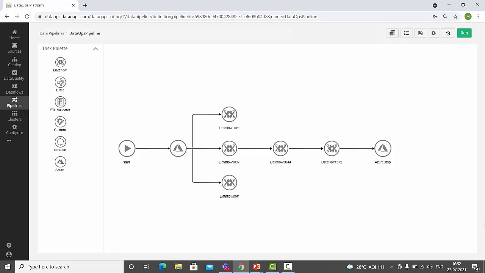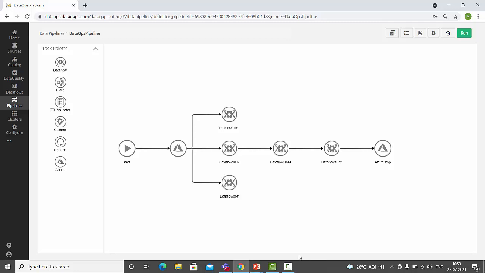which is a task to execute batch scripts or shell scripts. So you can execute any batch script or shell script using the custom task, be it running a job, ETL job, or a testing job, any Python script. We can use this custom task to execute that. And we have an iteration task wherein, if we have to execute a data flow using different parameters, we can use this iteration task wherein it gives the inputs one after the other.